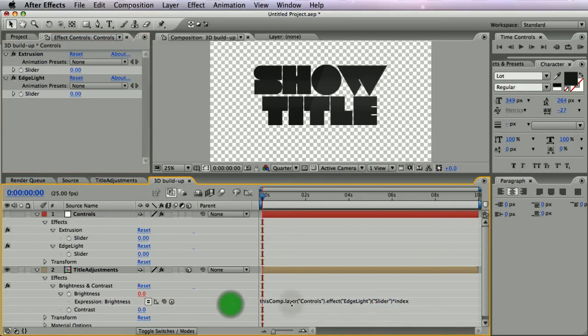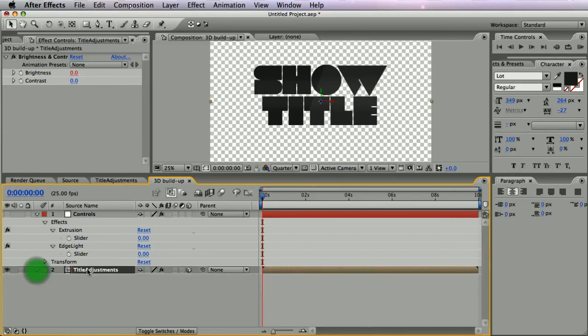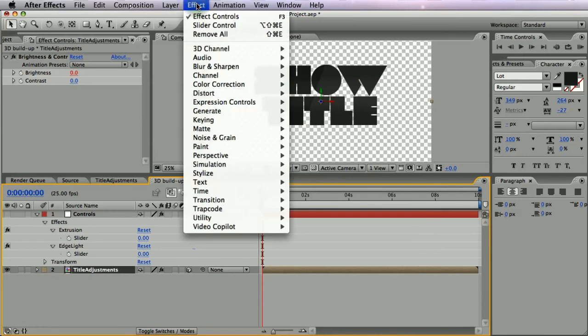By the way, if you have just one line of expression, you don't need to end it with a semicolon. You can just leave it like that. If you have several lines, you definitely need to have a semicolon, otherwise After Effects will give you an error. So, another effect, which will be the last one for this. Go to Effects, and actually I don't know where